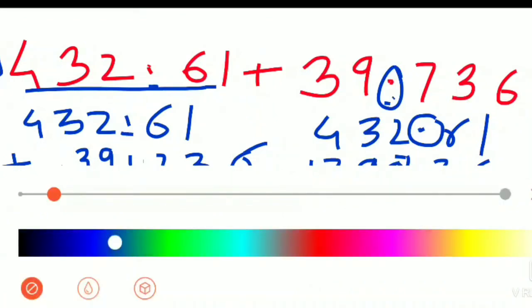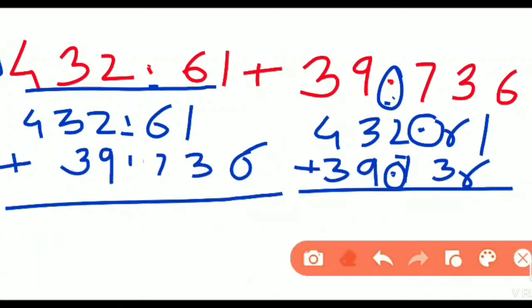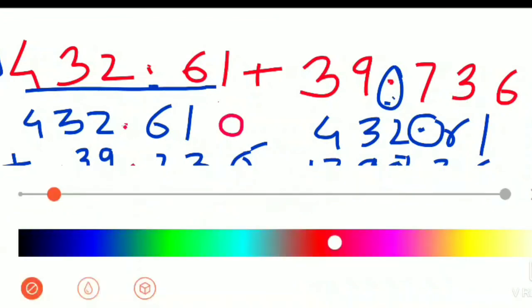I will show the decimal point with a different color so you will understand it. Okay, so here is the decimal point. I showed it with the red color. This is my decimal point. So addition we have to do. Now whenever you are doing the addition, again you get confused: 6 is here and the upper digit is not there. Here the question's digit is not there. So at that time what do we have to do here? We have to give our own 0 here. Okay, 0 plus any number is equal to the same number, so we have to give our own 0.